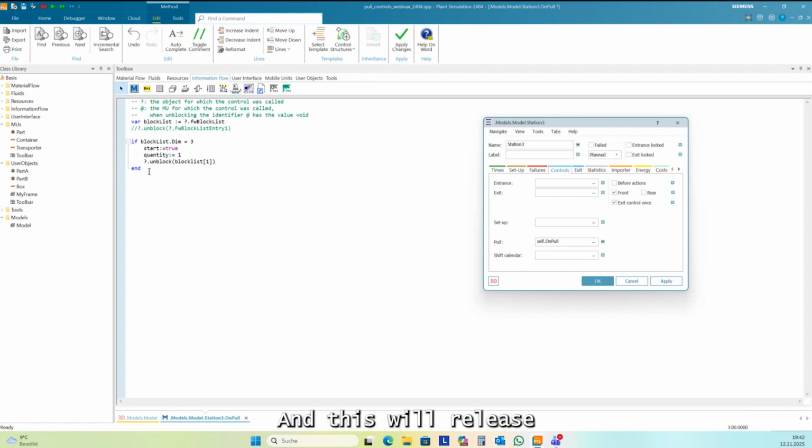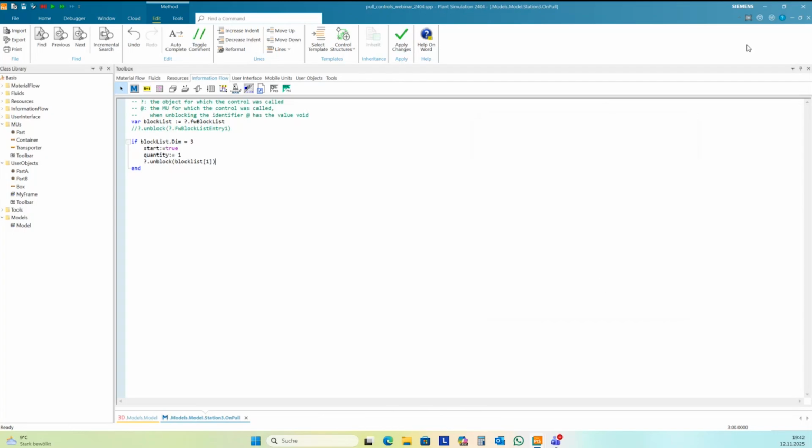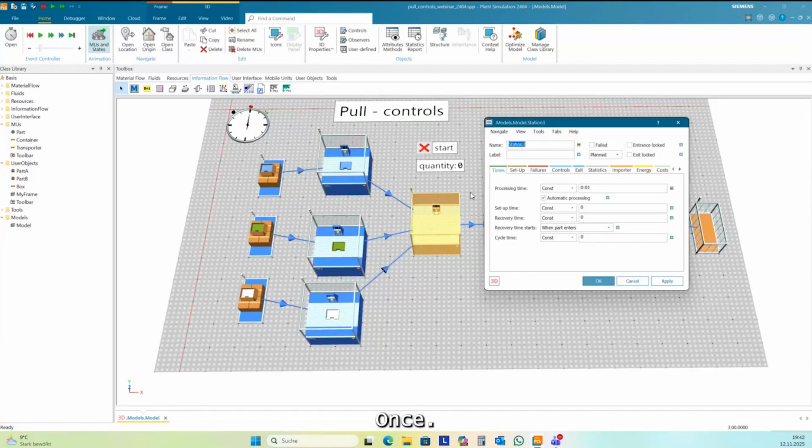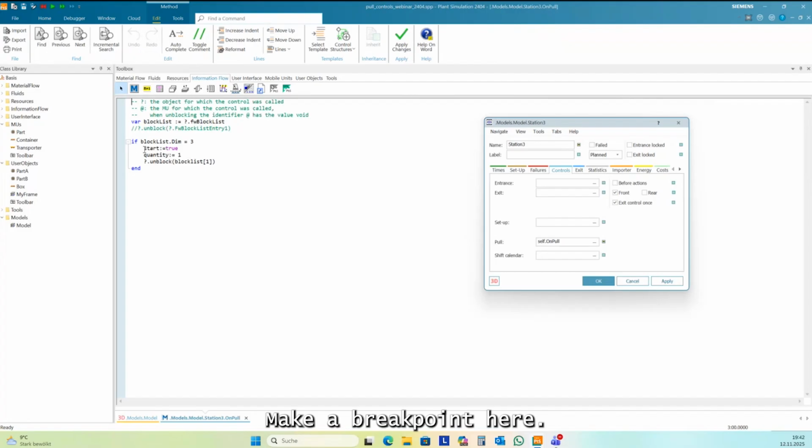And this will release 1, the first in the block list here, 1 MU. I can check this. Okay, and make a breakpoint here.